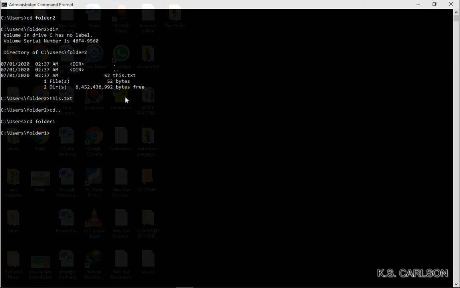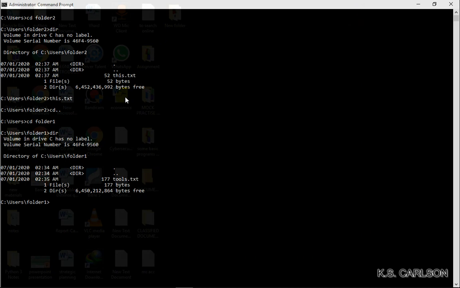So I'm going to go to folder 1. I'm going to type type. This is a way you can open the text file directly from the command line interface. The other method we used was simply typing the name of the file and extension. As you can see, it opened it in